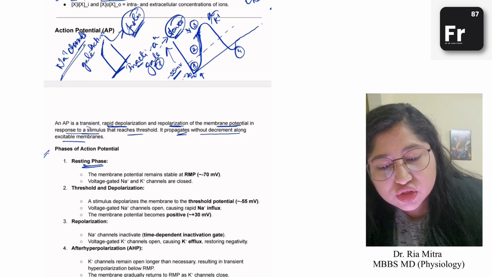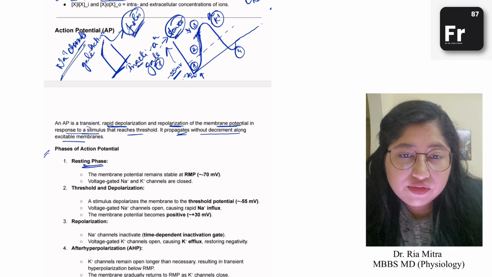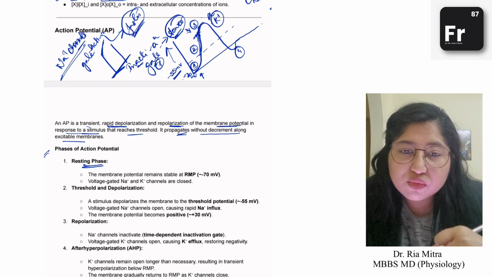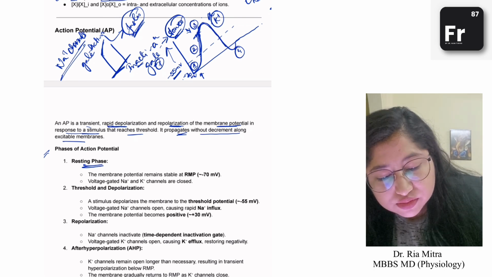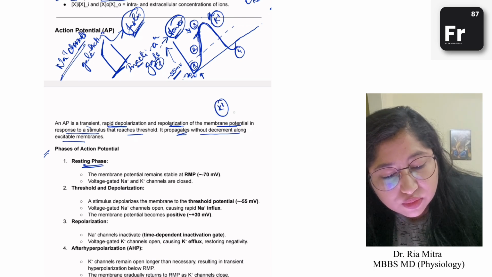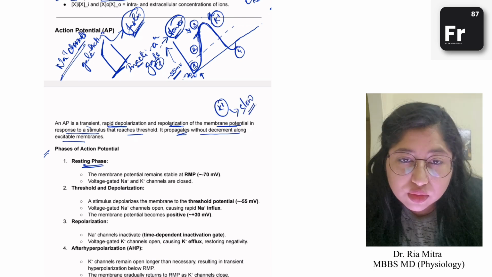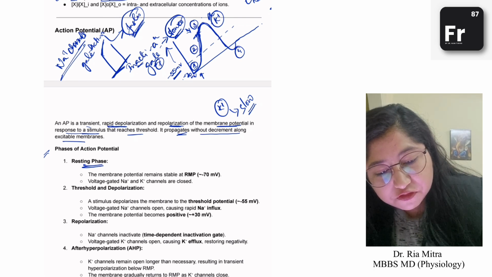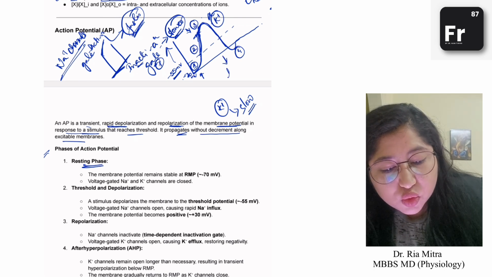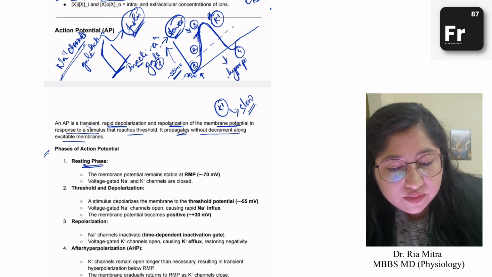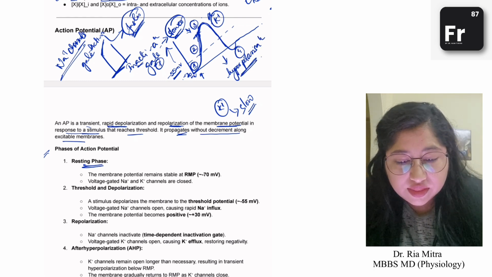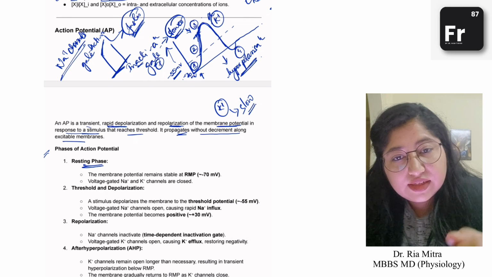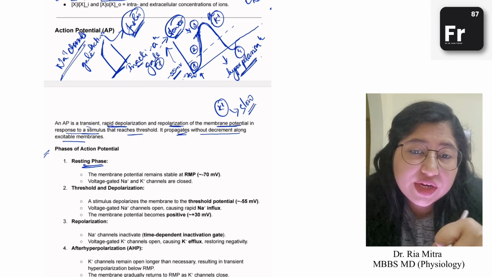There is efflux of potassium. Because of efflux of potassium, positive charges are moving outside. The membrane potential slowly moves back to its resting membrane potential. Now since the potassium channels are also slow, because of which there will be a phase of hyperpolarization. What is hyperpolarization? Hyperpolarization is the phase when the membrane potential has fallen and has become more negative than